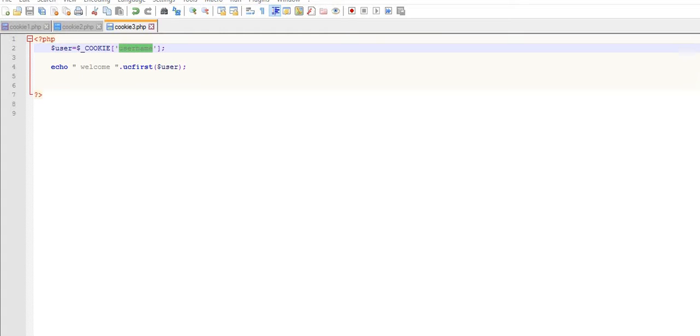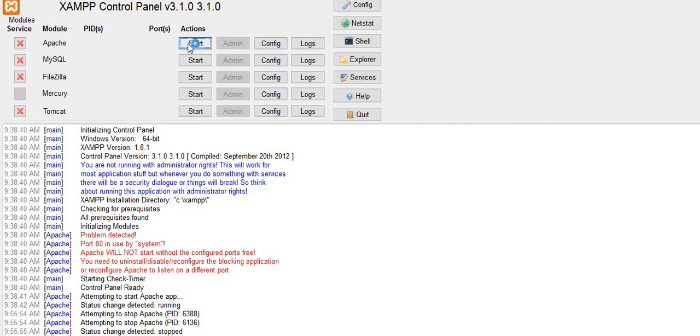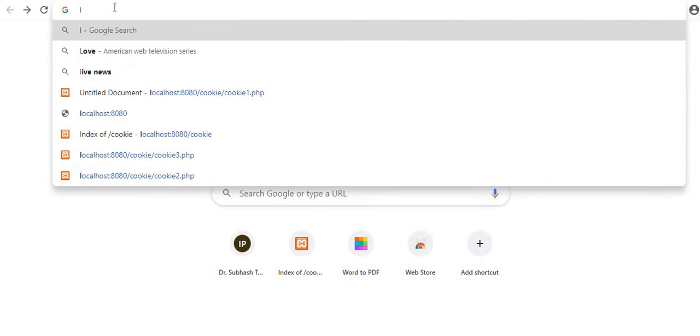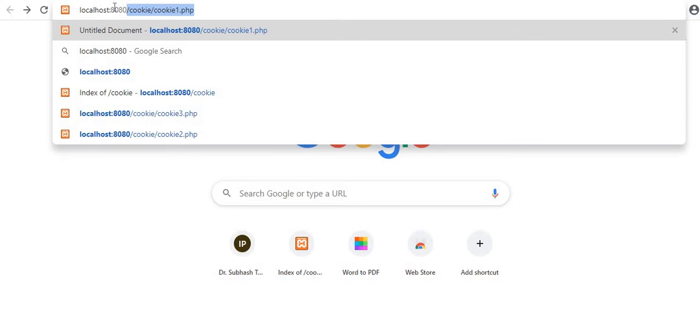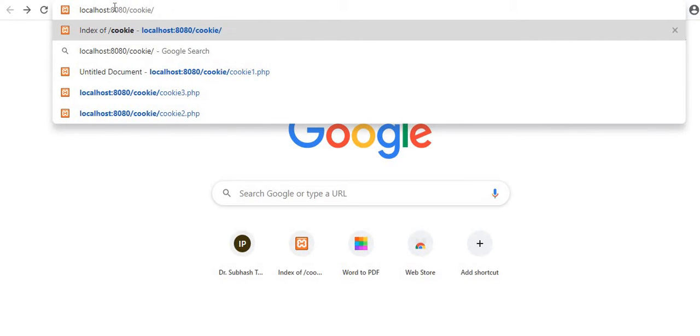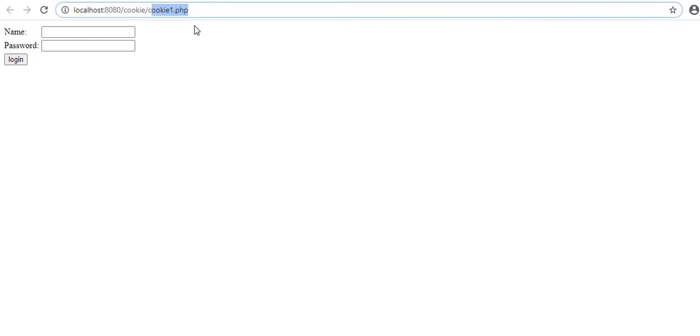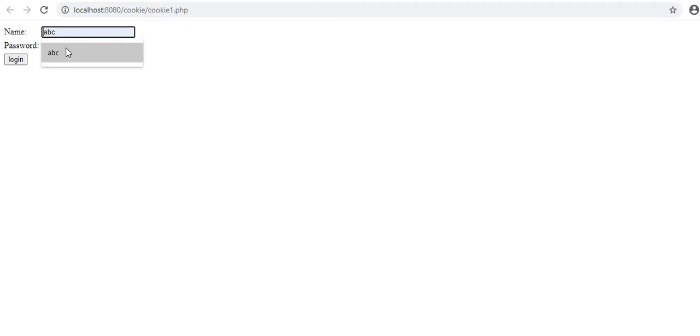Let's execute these files. First start Apache services, open the browser, localhost, then after your directory cookie, first execute cookie1.php. Here I entered ABC and password 1234, pressed the login button, then I got the message welcome ABC.